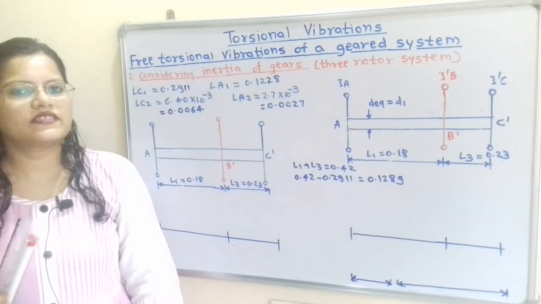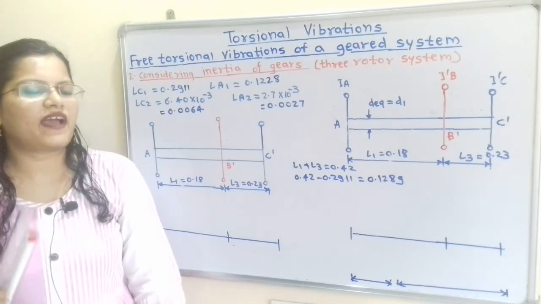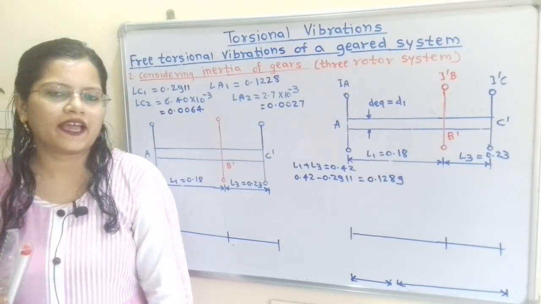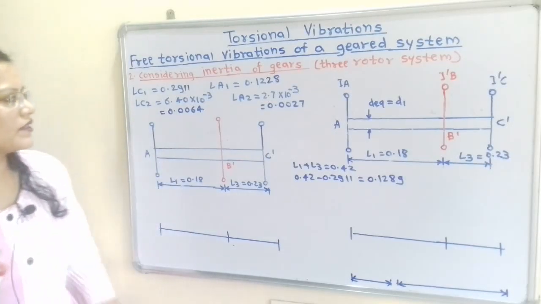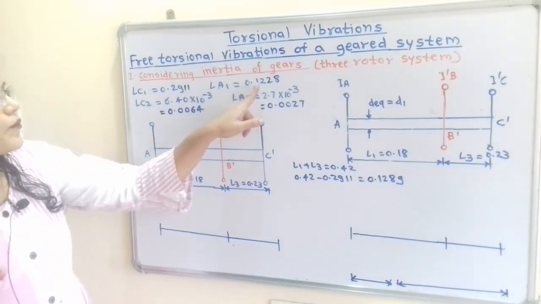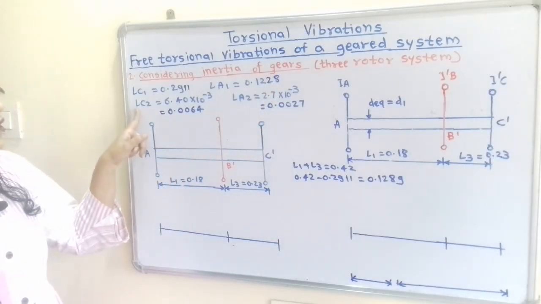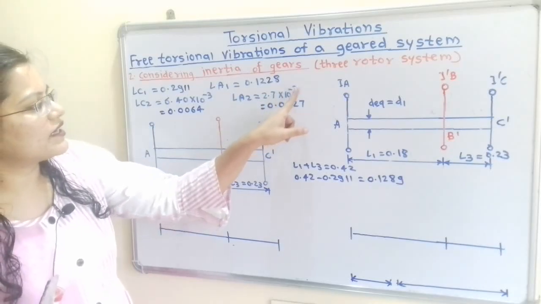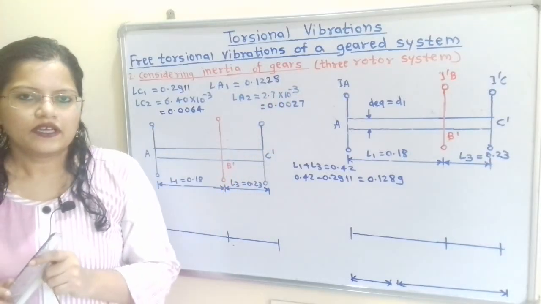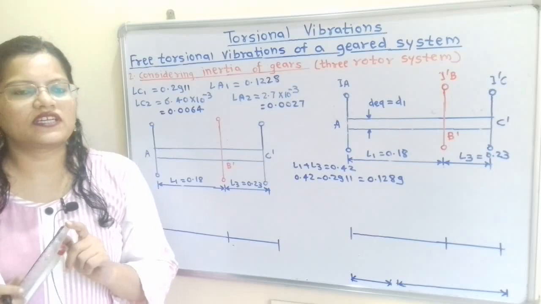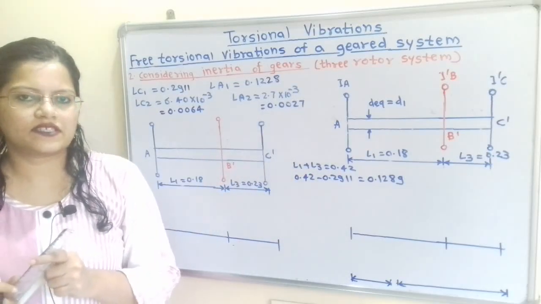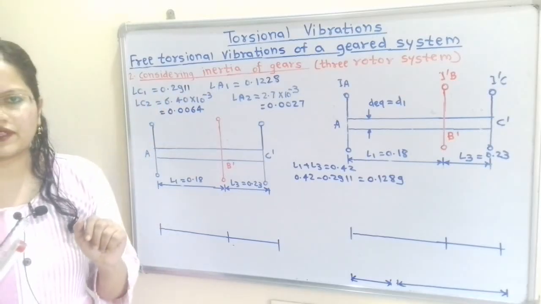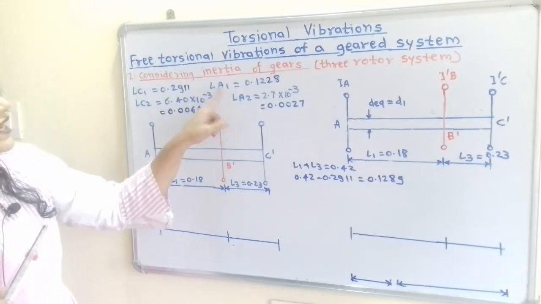From the value of LC1, we will calculate the value of LA1 because we have a relation between LA and LC from equation number 1. So the value of LA1 is 0.1228 and from the value of LC2, the value of LA2 is 2.7 into 10 raised to minus 3. Now we will plot the node position diagram for the equivalent system. So we will take the first set, that is LA1 and LC1. So if we observe LA1 is